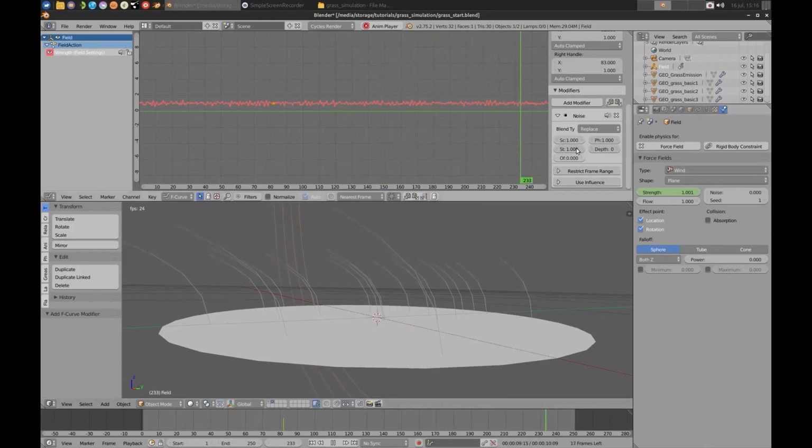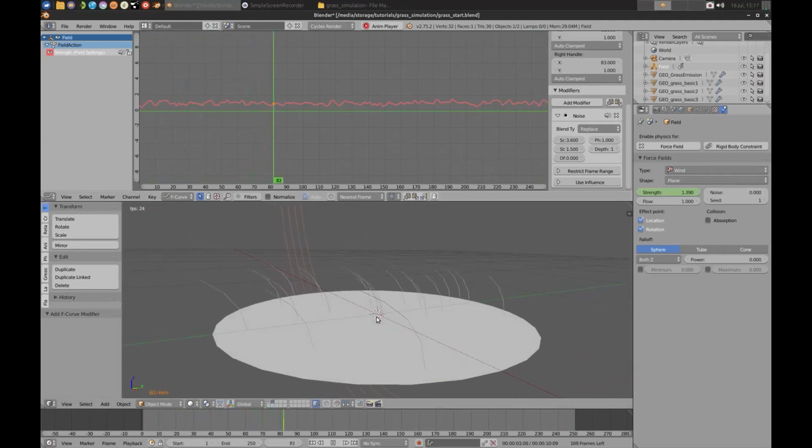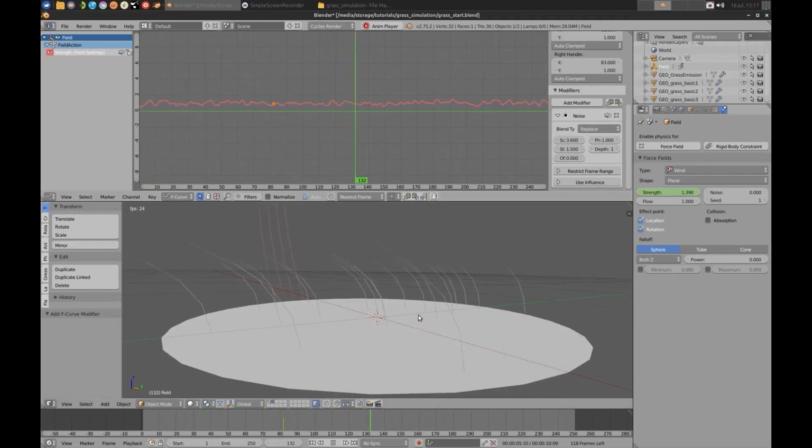So we can play with the settings here, make it slightly less erratic, add some more strength to it, play a bit with the depth. All right. Now this should be okay for a small breeze.